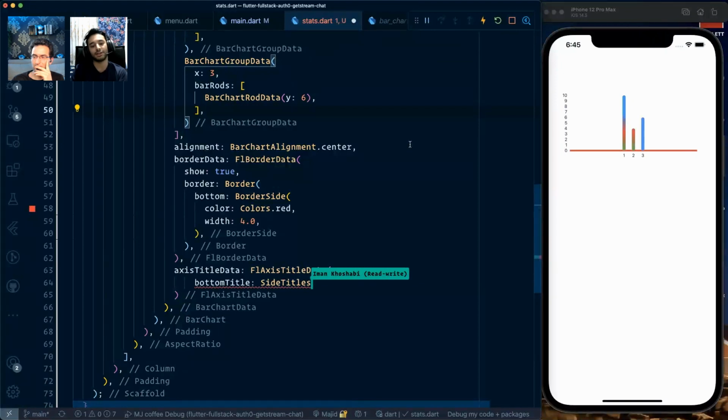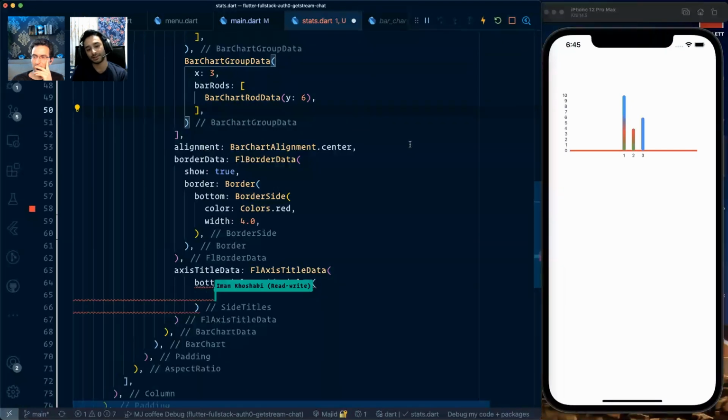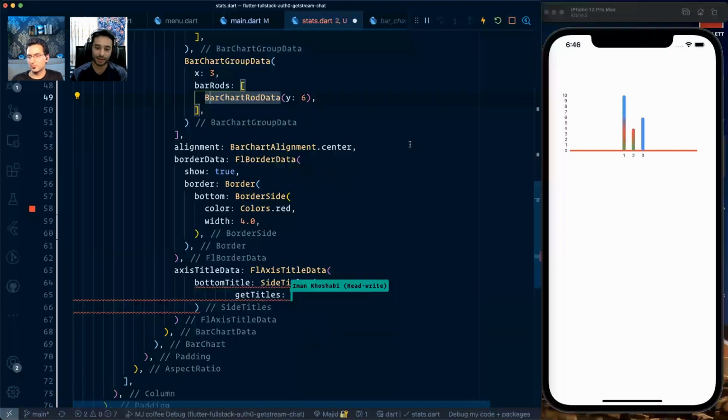And yes, here you can customize the text that is drawn at the bottom of the chart. For example, you can customize the text style. It gives you the text style of Flutter, and here you can customize the bottom titles. It works like it gives you a value and it accepts a string. For example, we can put a hard-coded hello there, and